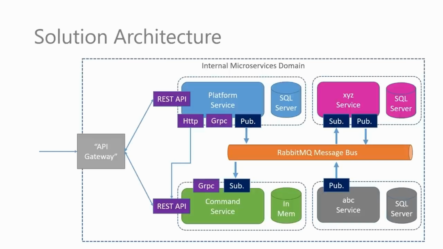So to round out our solution architecture, we are going to make use of gRPC, and gRPC is used quite a lot in microservices, so for that reason I've included it. And what we're going to use gRPC to do is allow our command service to reach out to our platform service and pull down any platforms that it doesn't already have. But the point to note about gRPC is that it is synchronous, it's not event-driven, and so we are coupling our command service to some extent to our platform service.